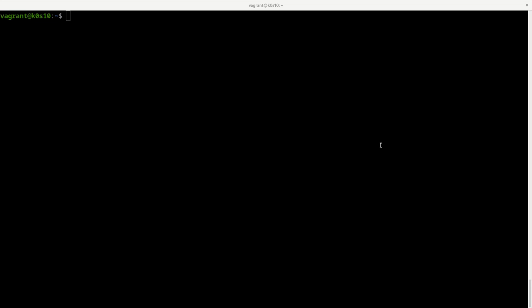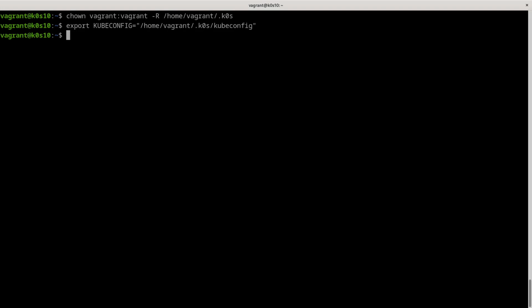After that, I just want to check that the file is my own file, and I want to export the kubeconfig, like here, to just say to